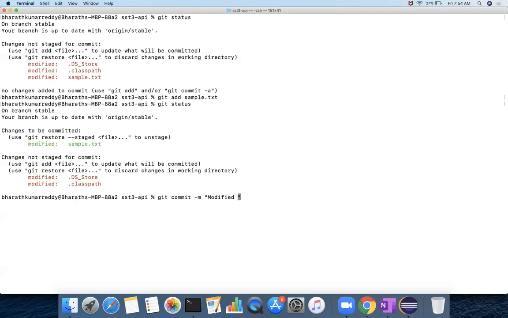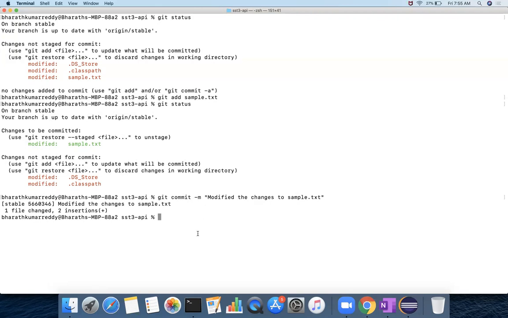Modified the changes to sample.txt. Now enter. So this has been committed. Whatever file you modified has been committed. You give git commit hyphen m, and the commit message in double quotes. That's mandatory. You cannot miss that.